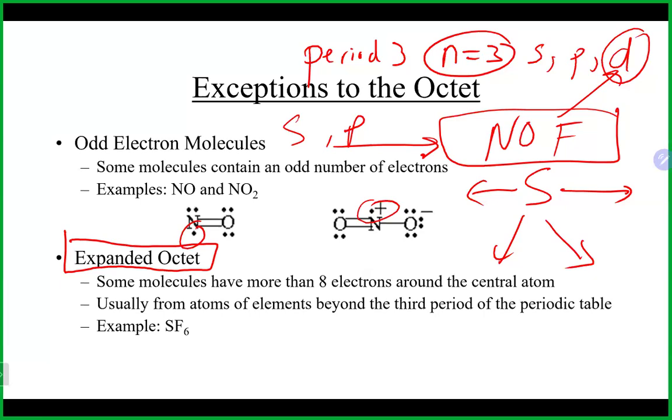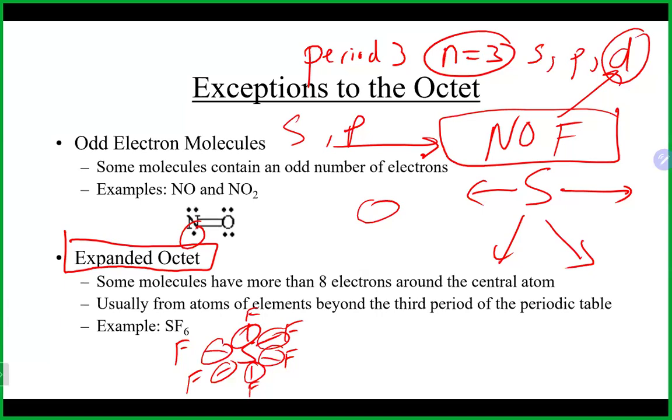So here, for example, SF6, if I don't draw all the dots on the fluorines, you can just look at the sulfur contribution here. It's got 2, 4, 6, 8, 10, and 12 electrons around it, and it's perfectly fine. This is also why if you Google answers, you will see things where they have more than 8 around it. For example,